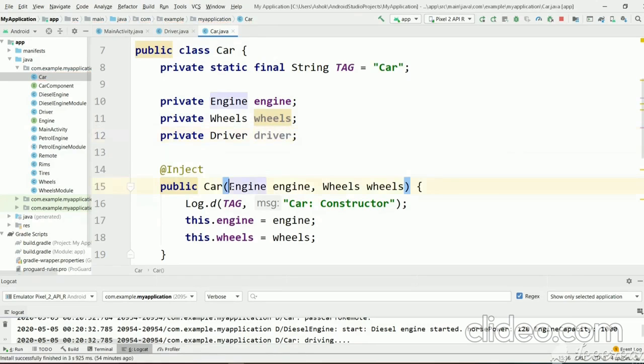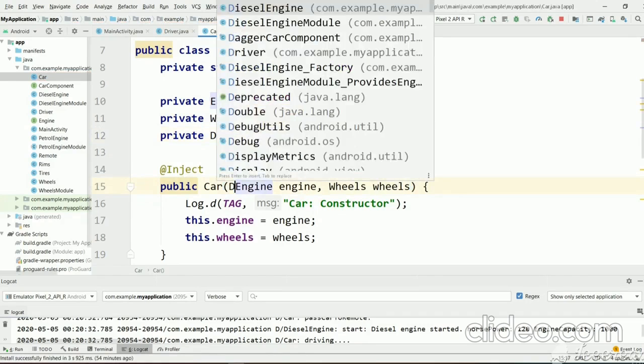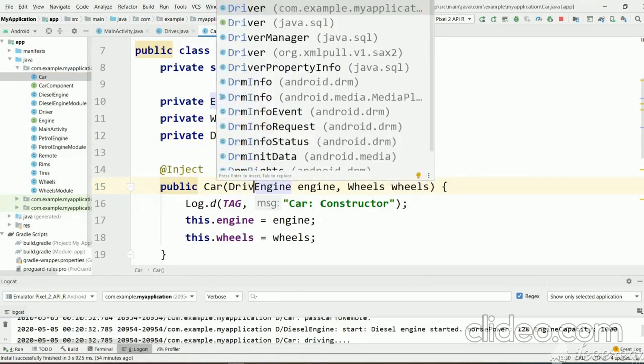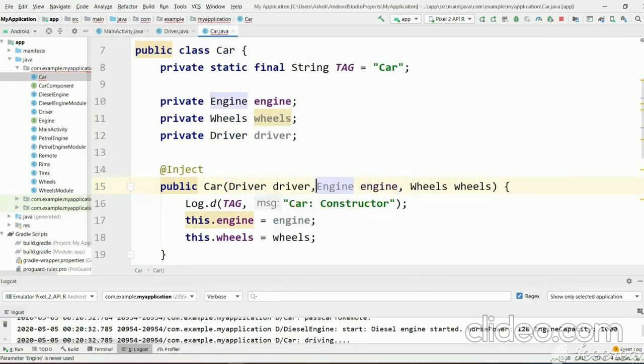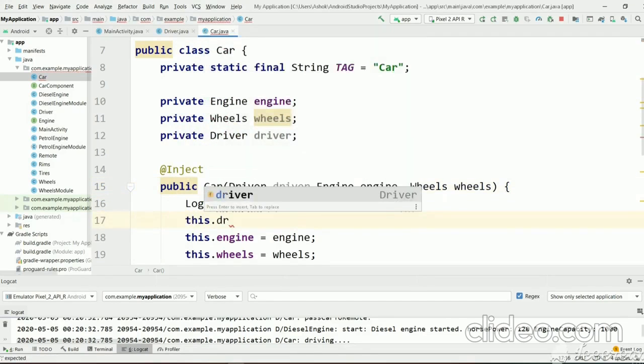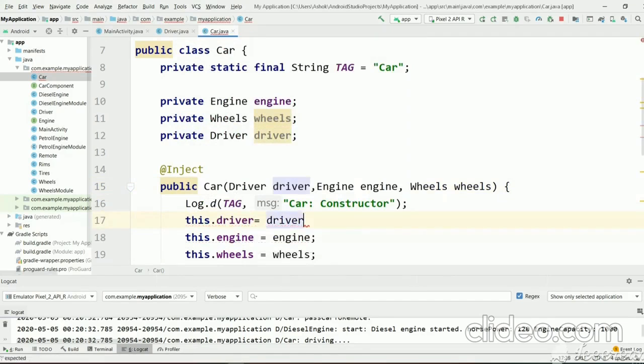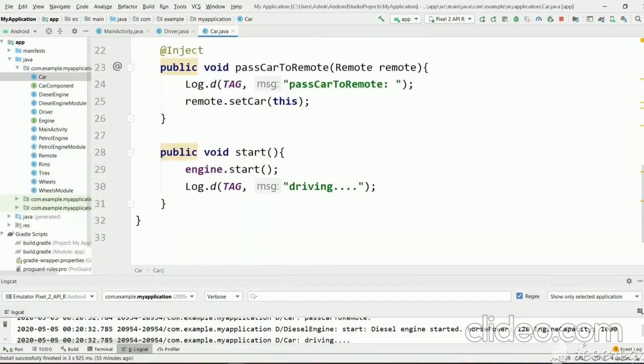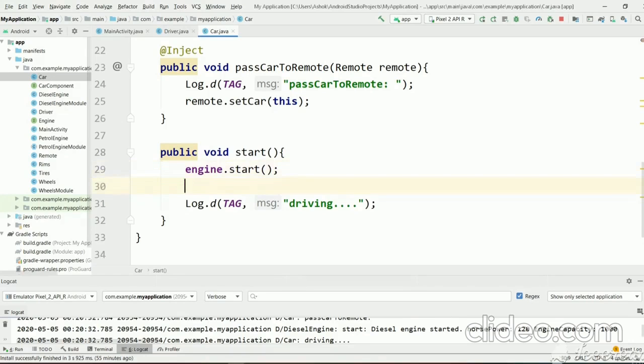And let's take driver in the constructor. And in the start method, let's print the driver object for singleton demo purposes.